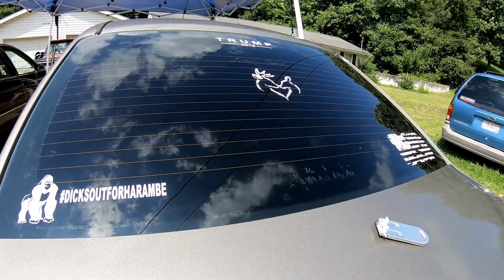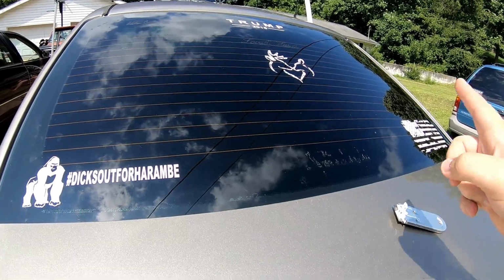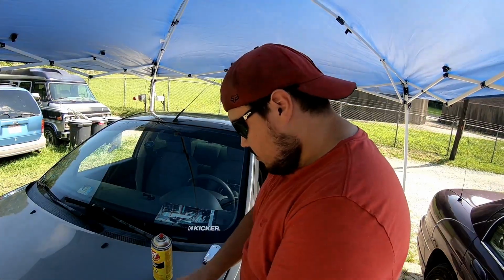I'm gonna go find my glue gun, and then we'll be back, and then I'll show you guys how to do that too, I guess. Now you're gonna want to make sure you wear gloves with this. I'm just gonna wear these